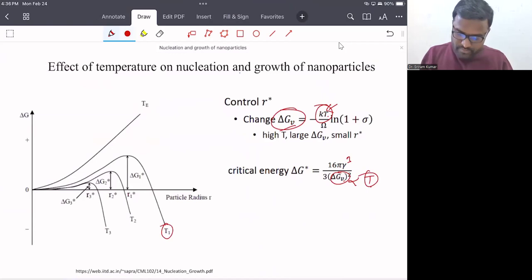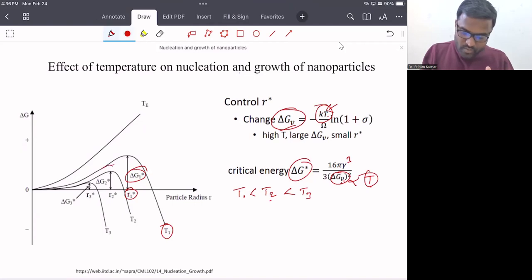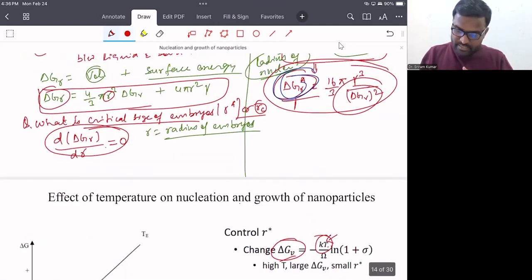This is the T1 temperature. For the T1 temperature, we have the critical size of the embryos, maybe the nucleus, and for this one we have this delta G1 star. When we increase temperature from T1, here T1 is less than T2 and less than T3. If we increase temperature from T1 to T2, what happens? This value will increase, and this value will decrease, right? So there is a decrease in the delta G2 star, and at the same time that will also change, because